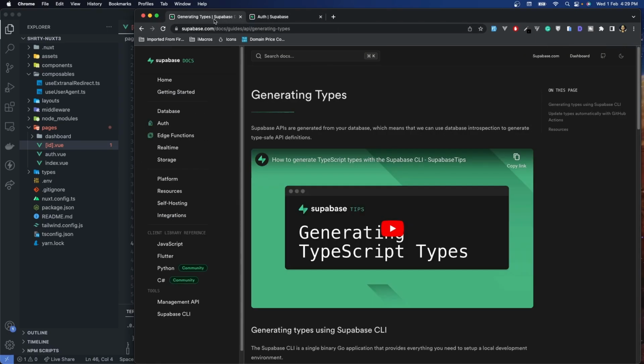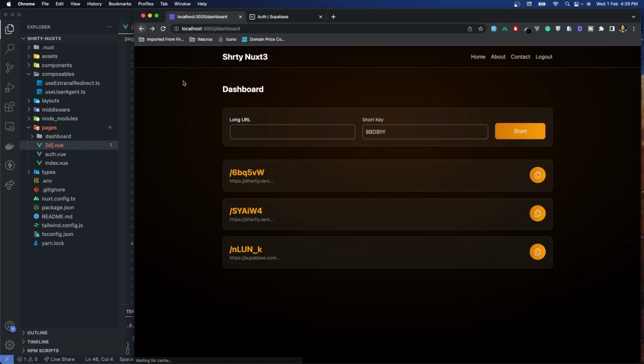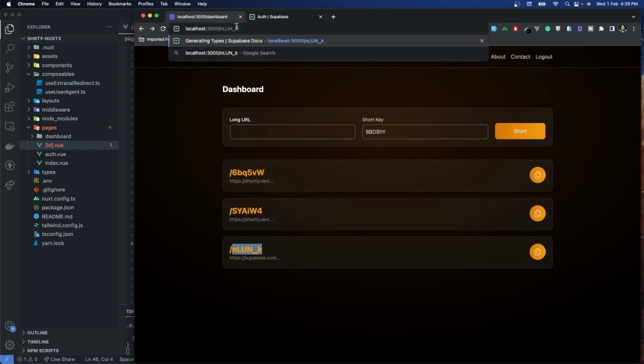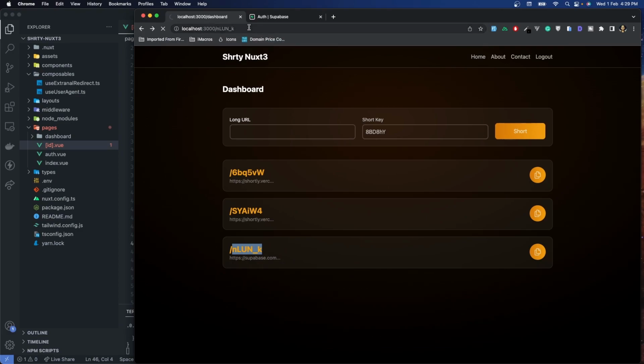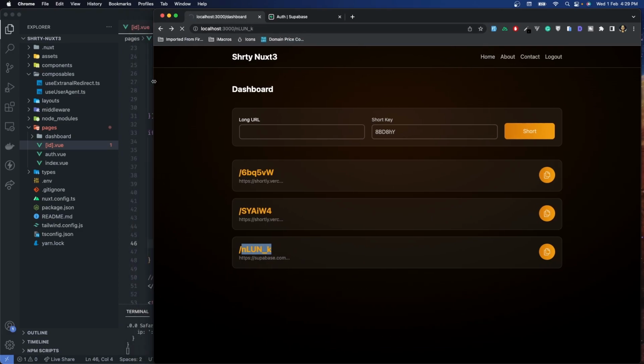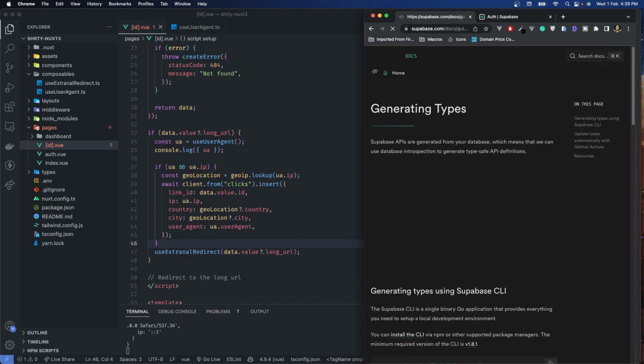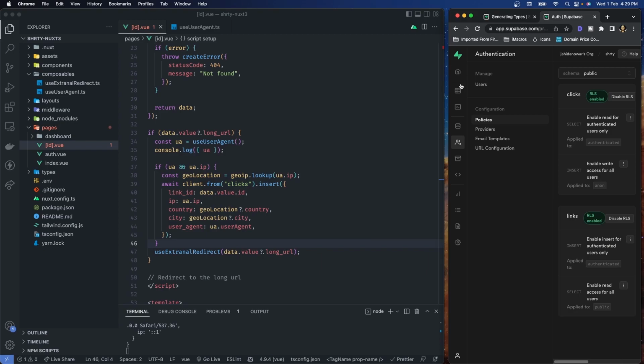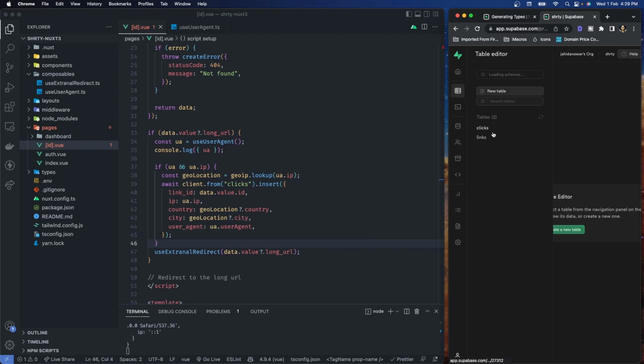Now let's go back to the dashboard and let's check. So we are getting redirected to the destination. Now let's see if the user agent is getting logged or not. So I'll refresh,